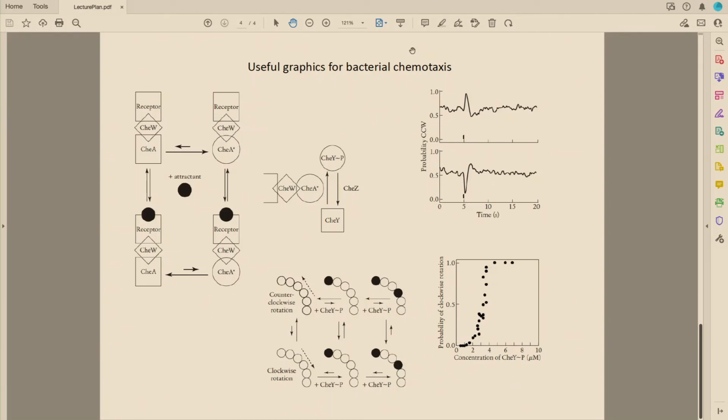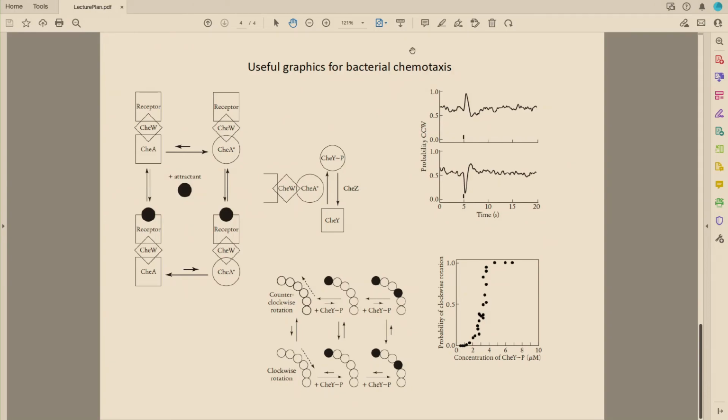Now, I think you can see that this rather tortured chain of logic says that if I'm binding stuff, then the motor is going to be less likely to change its direction of rotation. And I'm most likely to be moving forward, all right? Now, that's in rough outline the internal chemical logic that causes